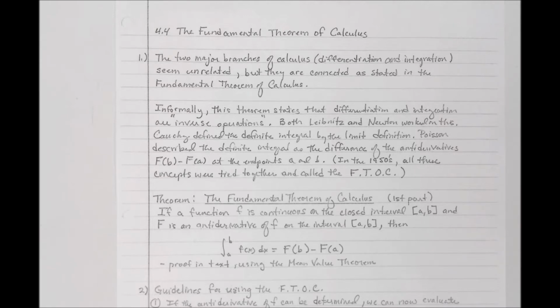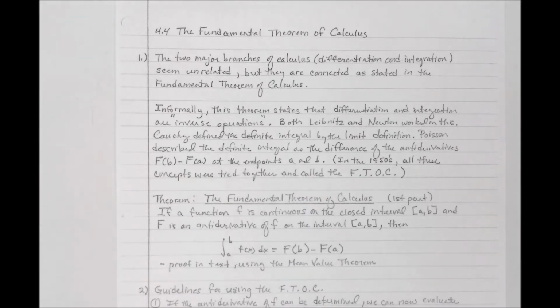Now, the fundamental theorem of calculus was developed over a long period of time, and it wasn't really put together until like the 1950s. But it was mathematicians Leibniz, Newton, Cauchy, which I know I mispronounced, Poisson. There's a name you haven't heard before. Now you'll hear his name quite a bit in statistics. Poisson described the definite integral, which we defined in the previous video in section 4.3, to be the difference of the antiderivatives F of b minus F of a at the endpoints of a closed interval from a to